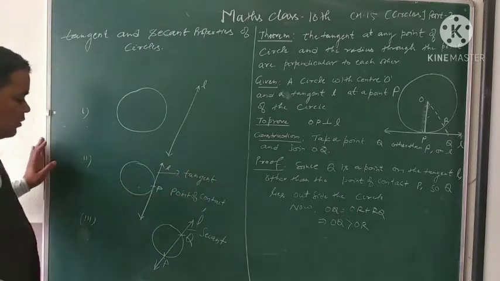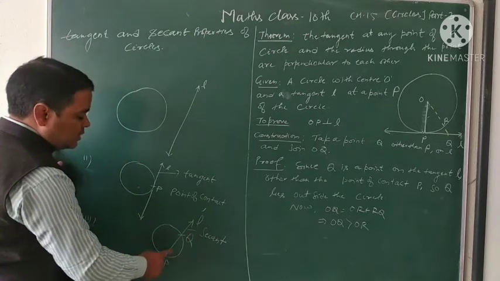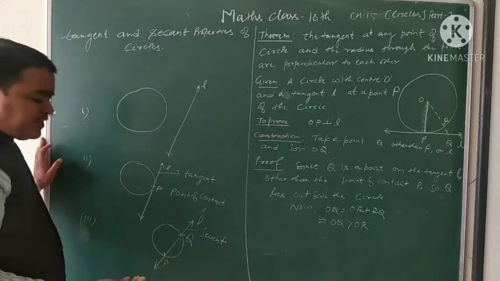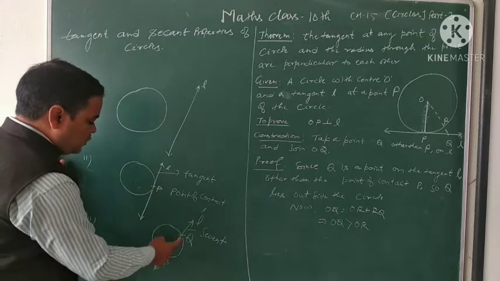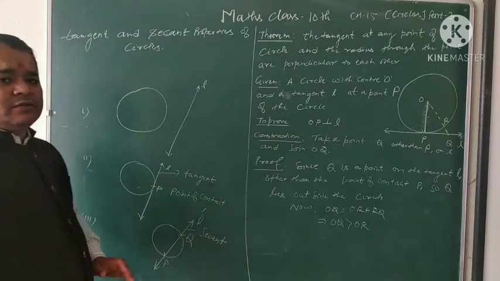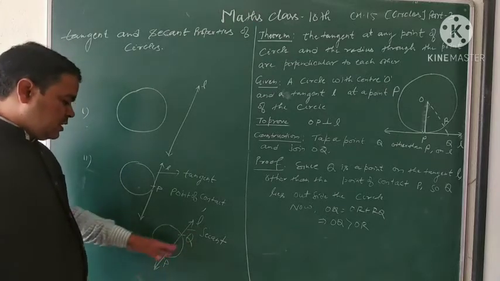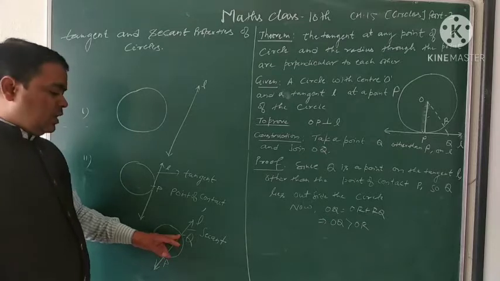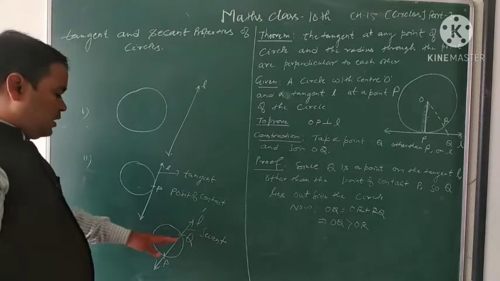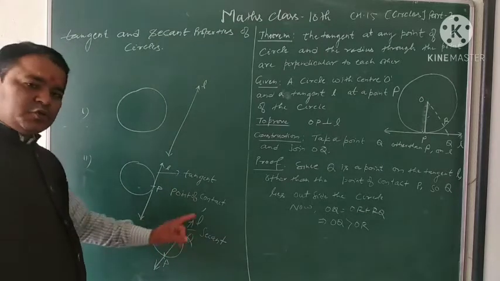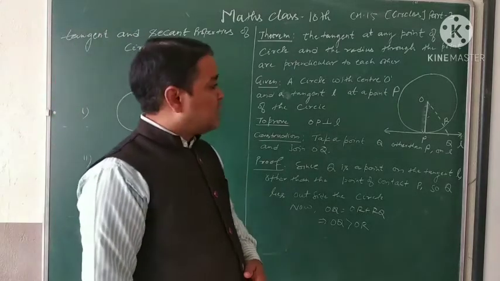The third case, when the circle and the line have 2 points of contact, it means there are several points on the line, but among those we have only 2 points, P and Q, which lie on the circle, meaning on the boundary of the circle. The line cuts the circle at 2 points P and Q. In this case, the line is called a secant of the circle. Here the line L is a secant to the circle. Only these 3 cases are correct. Now, on this basis, we try